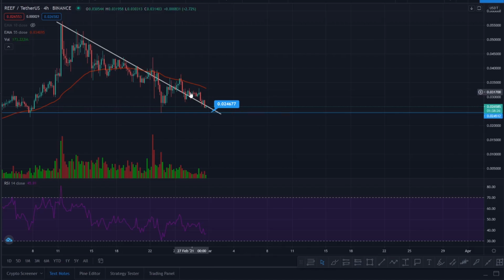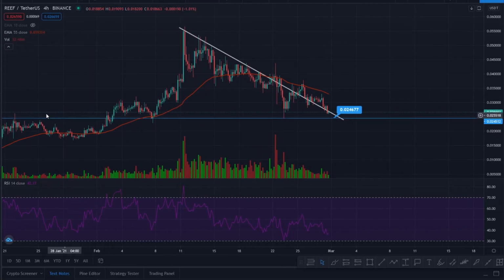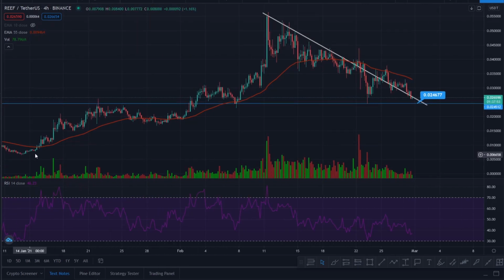So as you can see with Reef, guys, we did get above this diagonal support here. It was acting as resistance on the way down, and we have got above it, and you can see we are still sort of bouncing off it, but we need a push out. The volume isn't great. We do need some beefy volume to come in and just push us to the upside. Again, we can't get any lower than this 0.246, guys. If we get below that, then we've lost critical support here, and you can see how far we could actually potentially fall down to this kind of level here, because on the way up we sort of flew up. There was a little bit of resistance there, but as you can see, we've only really back tested it once as support,